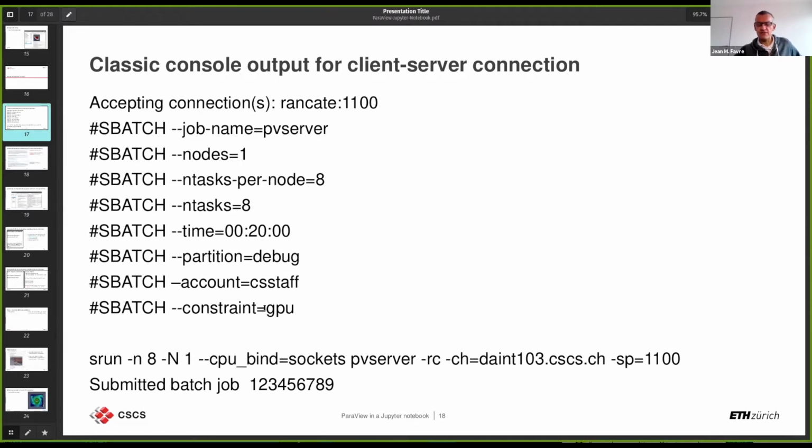And then the command that is run is actually srun pvserver, which is the name of the executable for the ParaView server on the server side. RC is a special option, which means reverse connection, and we'll explain what that means. Then the CH option is the client host. In this case, it's the name of the login node on Daint. And then there's a special option, SP, which is a number. It's a port number through which we establish the SSH tunnel. This is why in our documentation, we tell each person to use their own user ID, which is a unique number, such that SSH tunnels do not collide. They are allocated on different